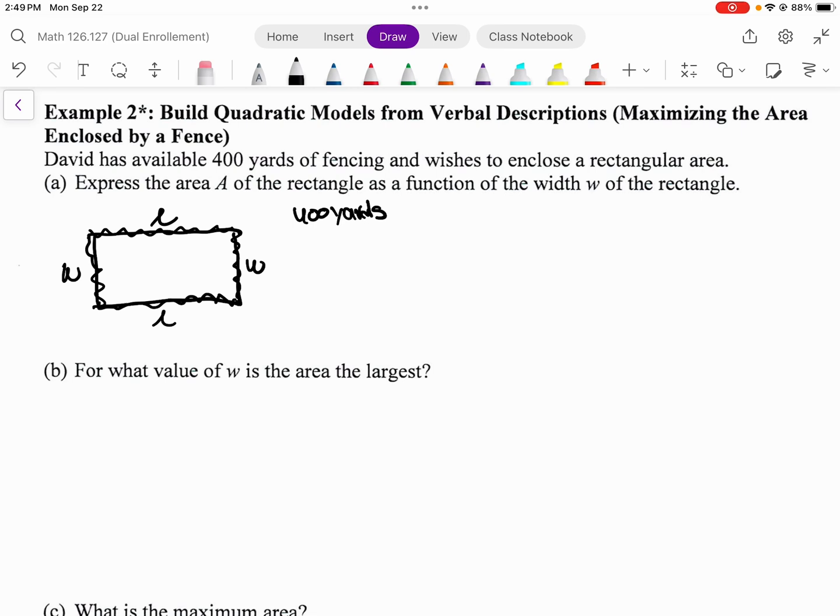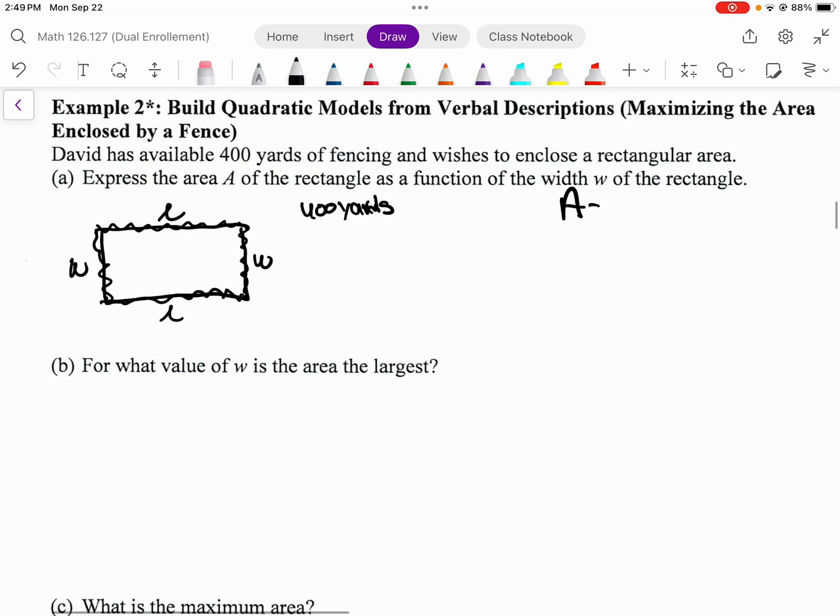Yes, I know that area is going to equal width times length, or length times width. It doesn't really matter. Actually, let me switch that. Length times width. Now, the problem with it is that there are too many variables. I have A, I have L, and I have W. Usually what you want to do is have only one single variable. Now, remember, we're also talking about maximizing things, which means that we need